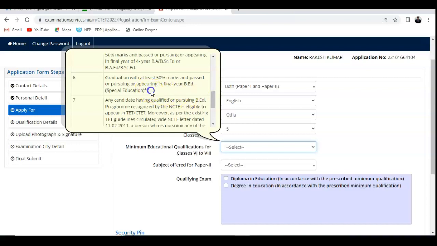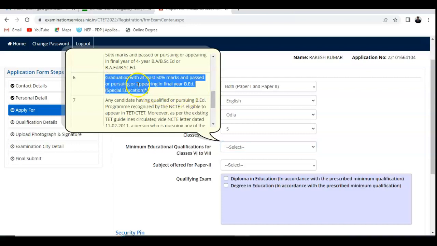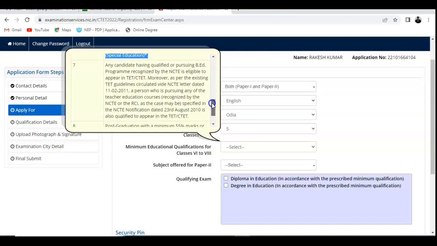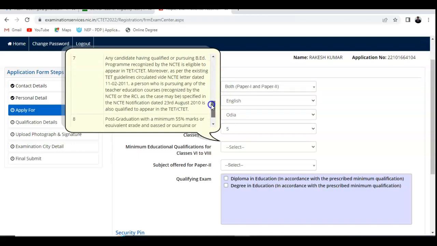special education. Those who are doing special education B.Ed as a special B.Ed, they can do it. Click that option. And the 7th option, any candidate having qualified or pursuing a B.Ed program recognized by NCTE is eligible to appear in TET or CTET. Then moreover, as per existing TET guidelines circulated by NCTE letter dated 11 February 2011, any person who has any of the teacher education courses recognized by the NCTE as per the RCI,